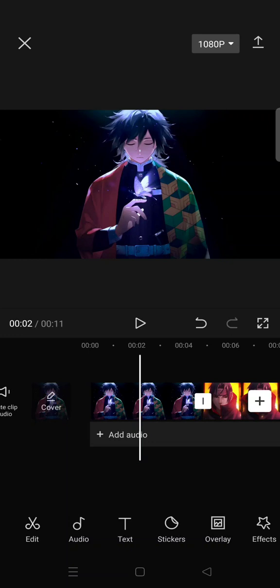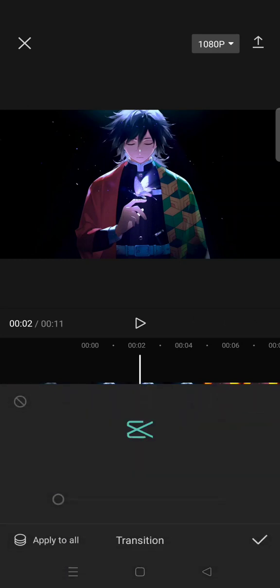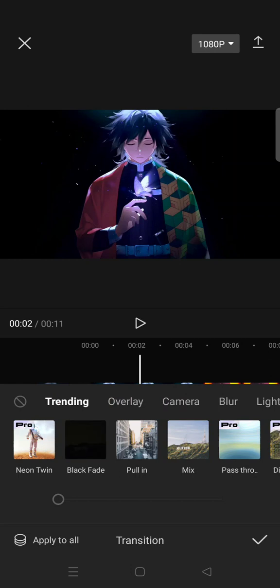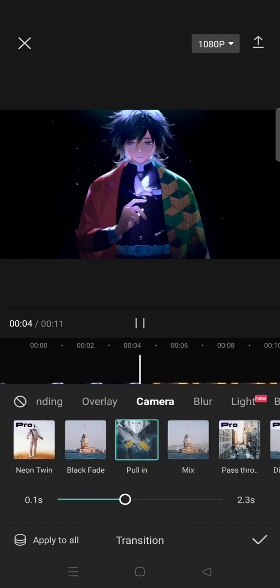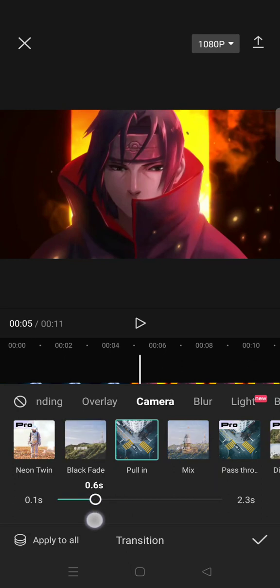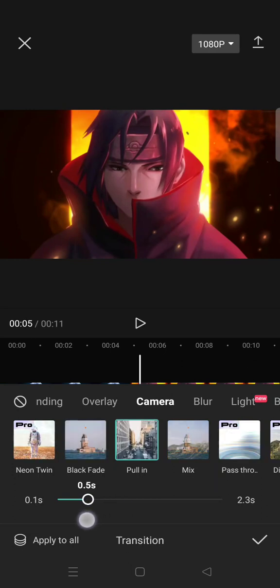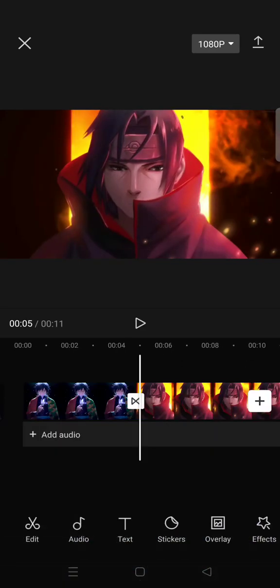So in this video I'm gonna show you the zoom rotation tutorial on CapCut. So first import your clips, then click on the transition box, click on camera and then select the pull in. Okay, set it into 0.5, click on a check icon and then after that